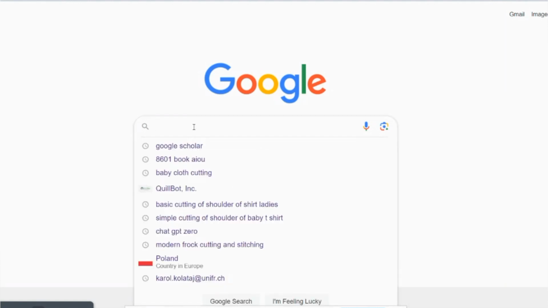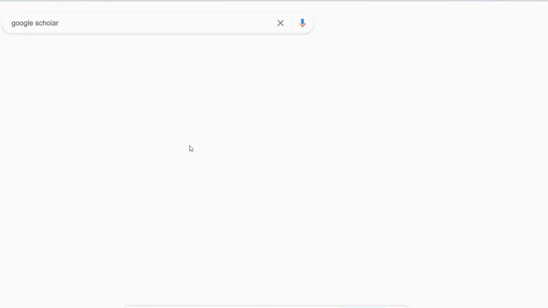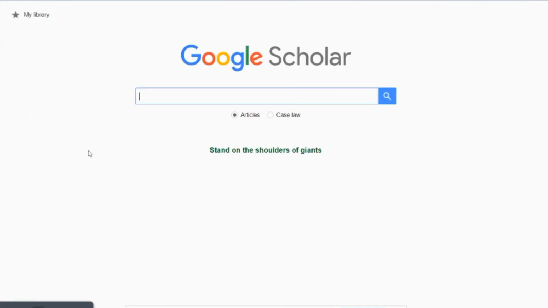First of all, you need to type Google Scholar on the Google bar. Now you can see a lot of results. We'll click on the first website shown, and here is the main interface of Google Scholar. It is similar to Google. You can see below the search bar, there are two options, articles and case law. If you want to search articles or read an article, then you can click on that, and then we will